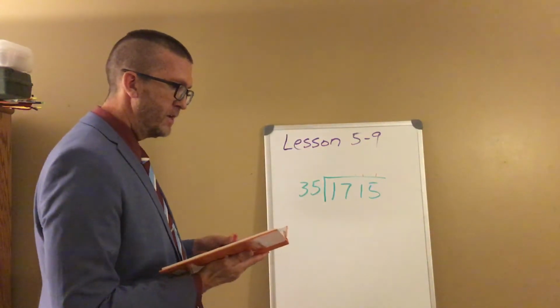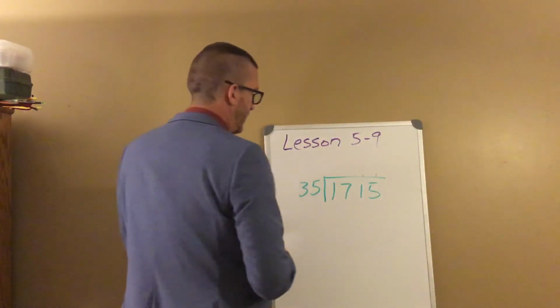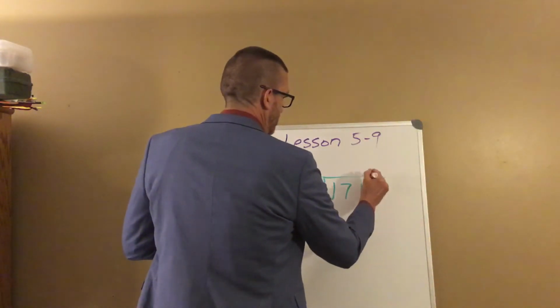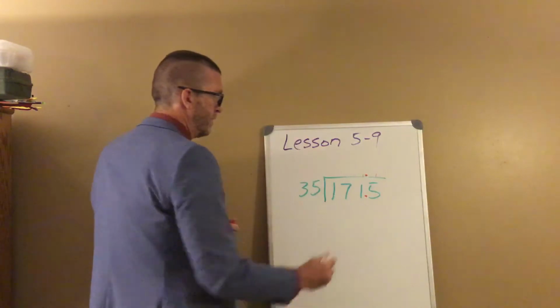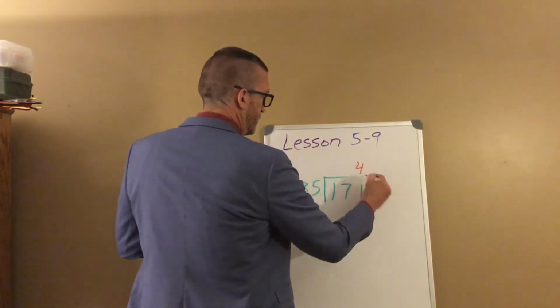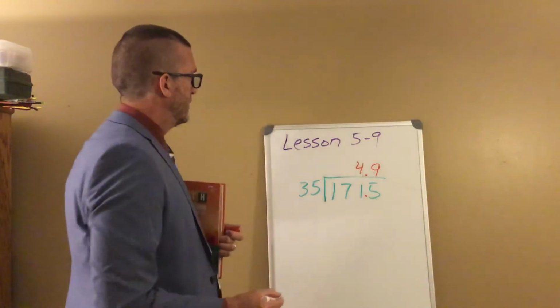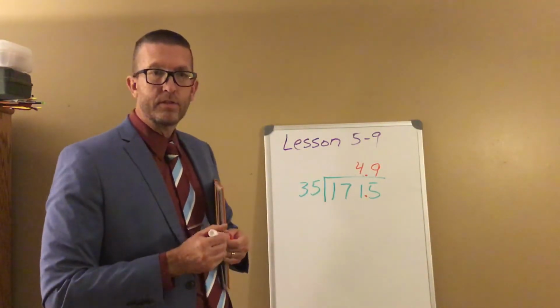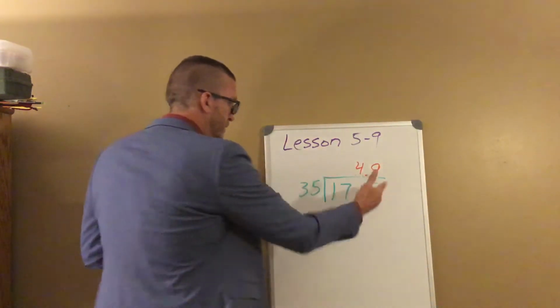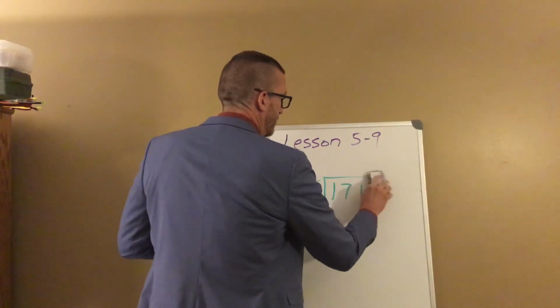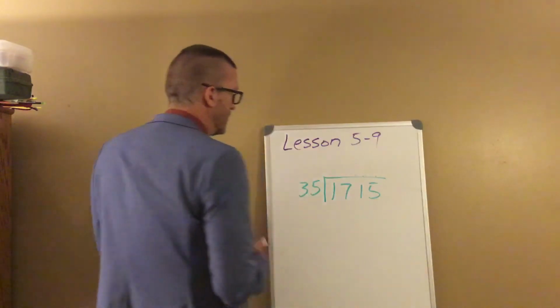35 divided into 171 and 5/10. Now the decimal goes here. Use the Stegmuller method, bring it up. We know 49 goes over the last 2 digits of the dividend. And it's 4 and 9/10. Same numbers, just a different decimal placement. Number 3,